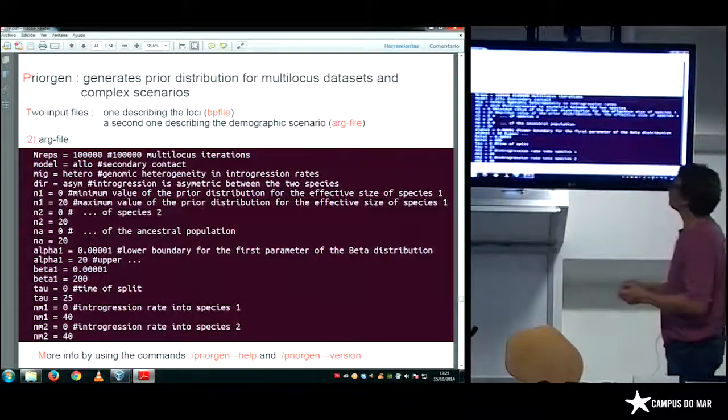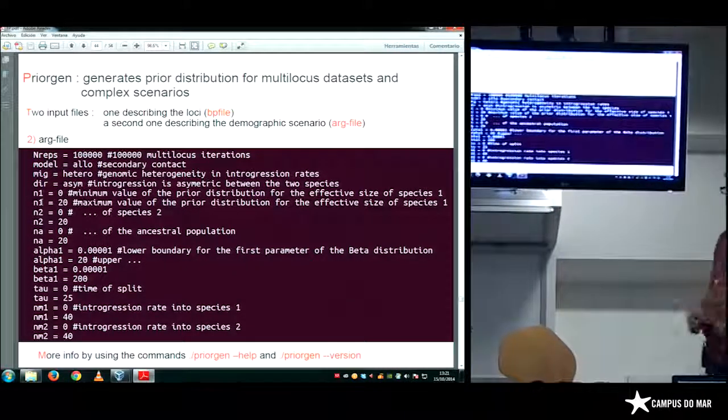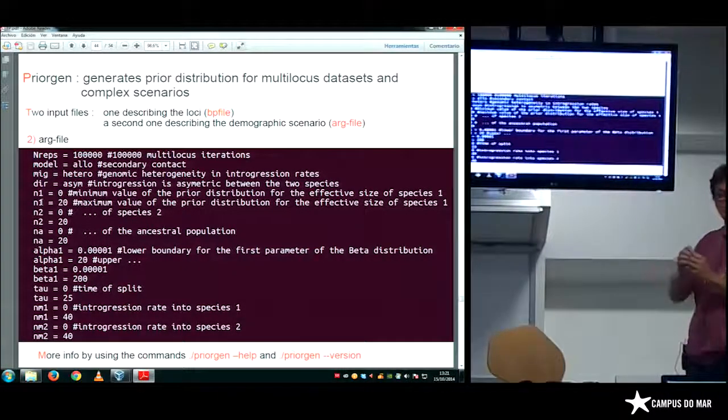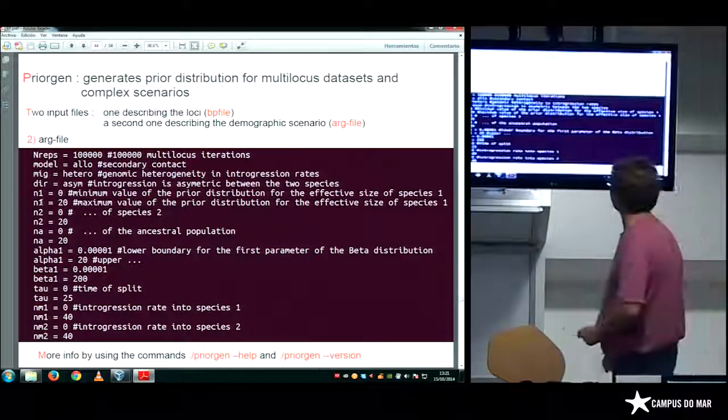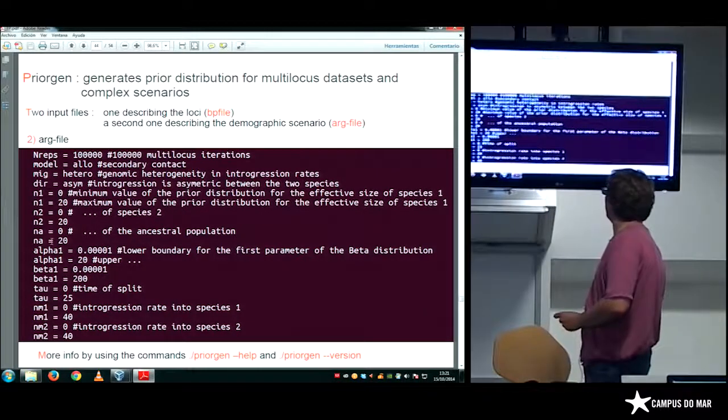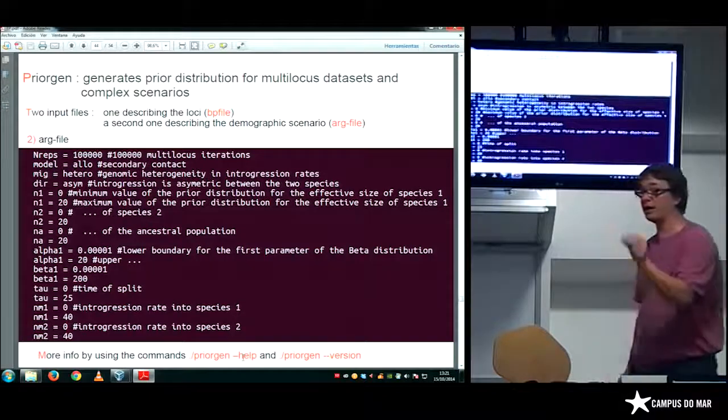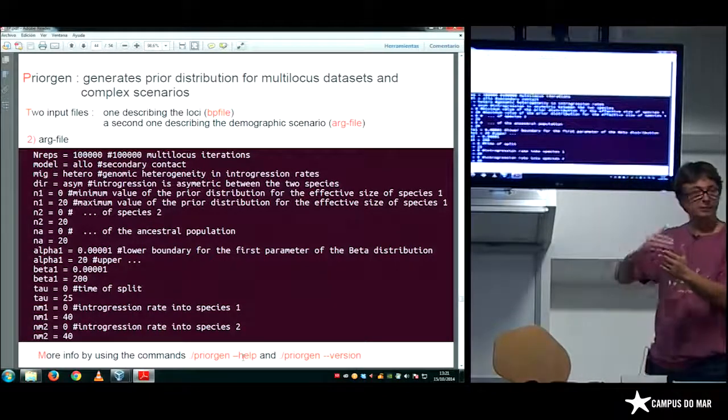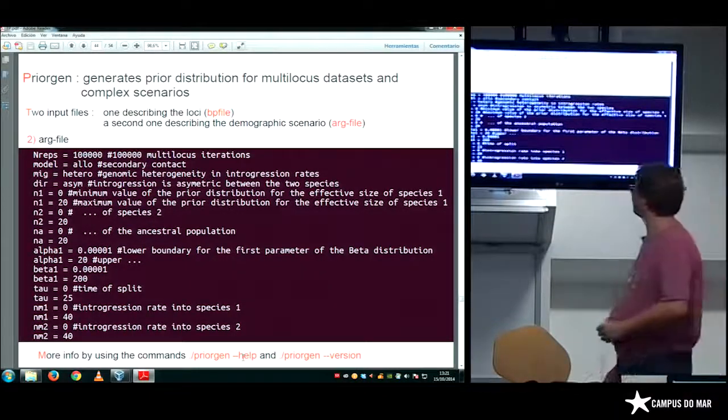Okay? So this tells the program PriorGen how to sample in the prior distribution. So you have to give values to these arguments. Okay? So you can ask for the help of PriorGen that explains all the arguments.